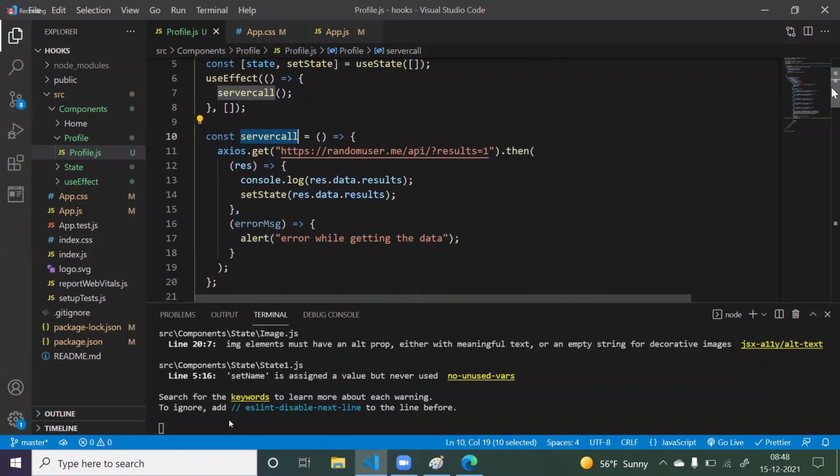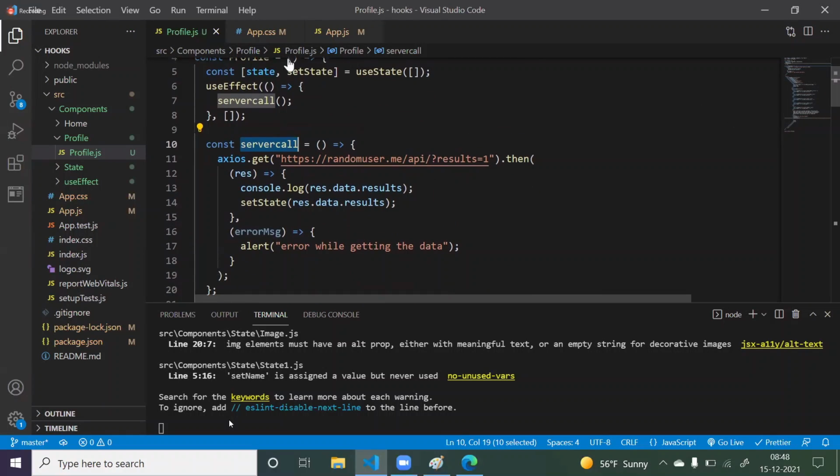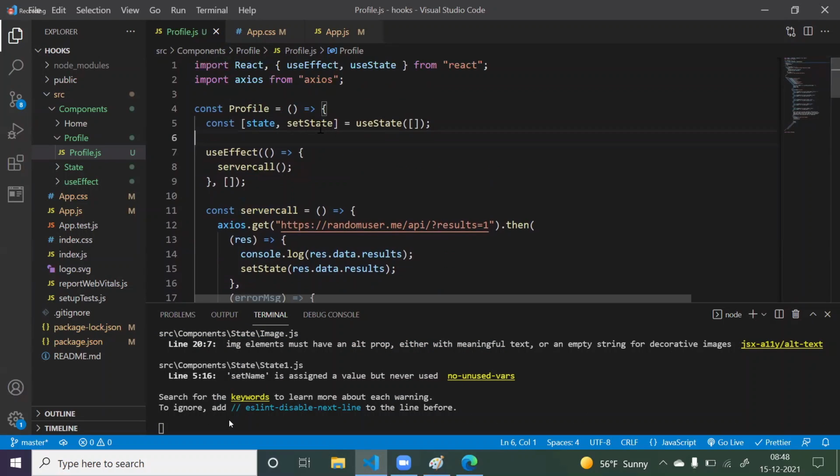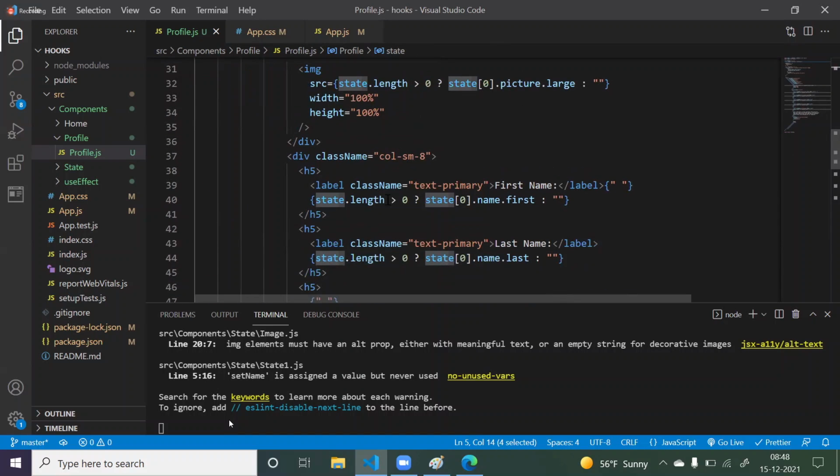Okay, got it. The first time, useEffect calls this as component did mount, and for any update like component did update, we are only calling this method. We are not calling useEffect, because useEffect is a lifecycle method called by React. We don't have any control to call it. So here we are maintaining the state also, because whatever data we got, first we keep in the state. Then from the state only, we display the data in the UI. If our state gets updated, our UI will also get updated.